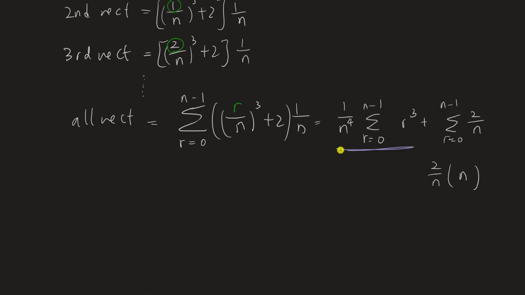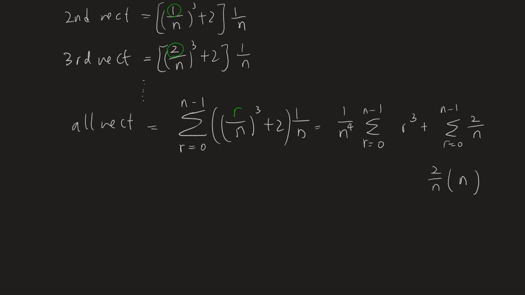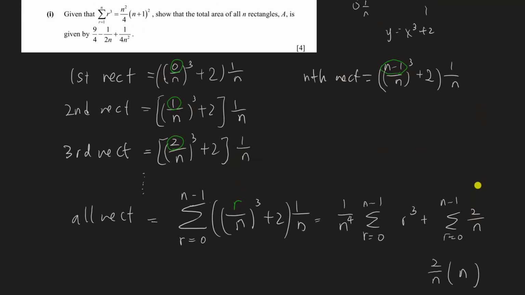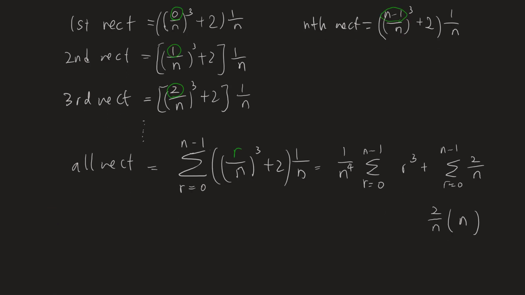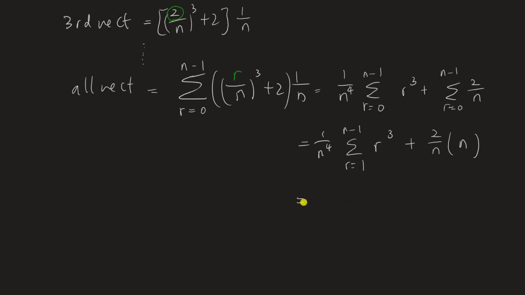Now, this one, slightly more interesting. You have to make use of the formula that they gave you. Summation of r cubed from 1 to n is this. What if I want to go from 0 to n minus 1? Summing from 0 to n minus 1 is exactly the same as, so we start off with 0 cubed plus 1 cubed. Now 0 cubed is actually 0, so it's as good as summing from 1 to n minus 1 of r cubed. That means that